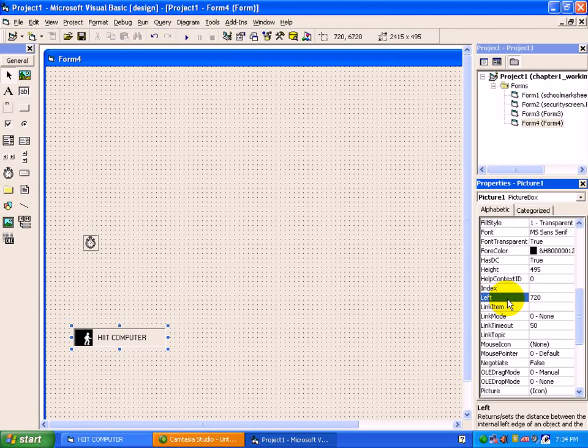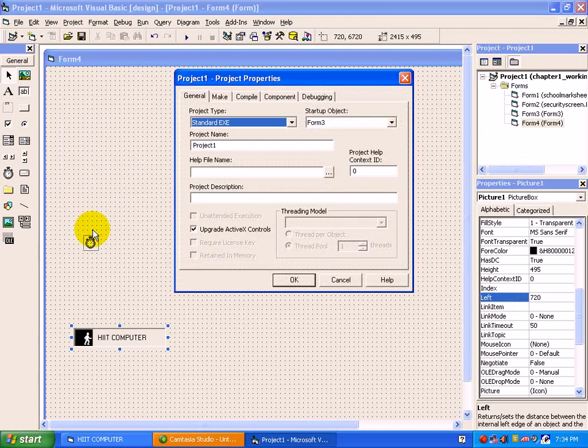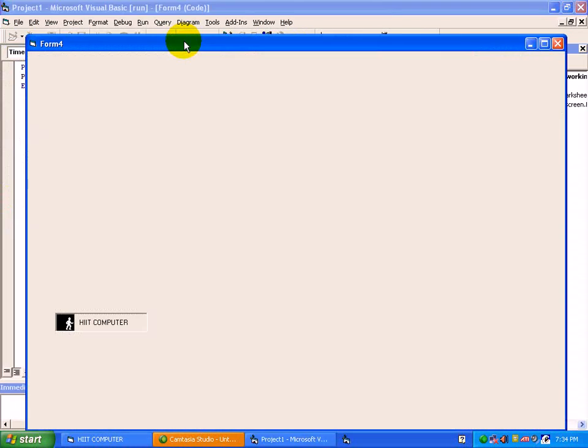as per the specified time. We will run this program, but before running it we have to change the startup object. Move to project1 properties and set form4, press OK. Now if you run the program, see, start.